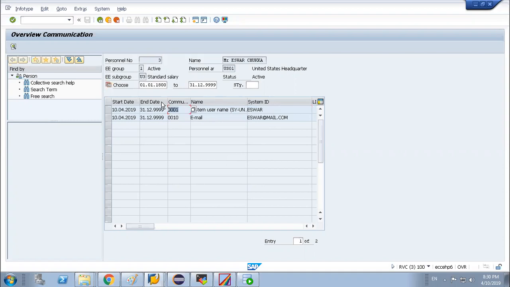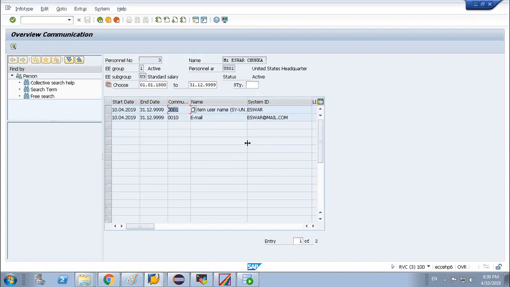because this info type is needed specifically for the ESS and MSS roles, employee self-service and manager self-service, in the HR system. In the HR area, if you need any kind of access, for example leave request or salary structure, managers need to approve their leave requests and check their people's salary structure and all those things.